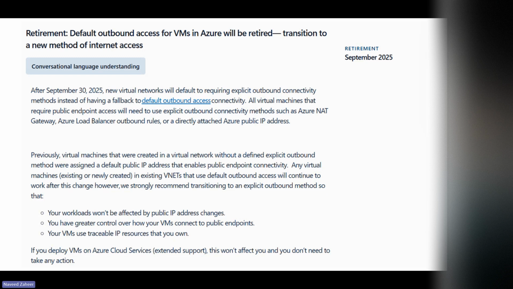So once you have a VM without a public IP, without any NAT on the subnet, without being behind a load balancer, you will have default outbound access as of today. But that feature is going away in September. If you have an existing subnet today with some VMs running, they will continue to run the way they are. Outbound access will be there